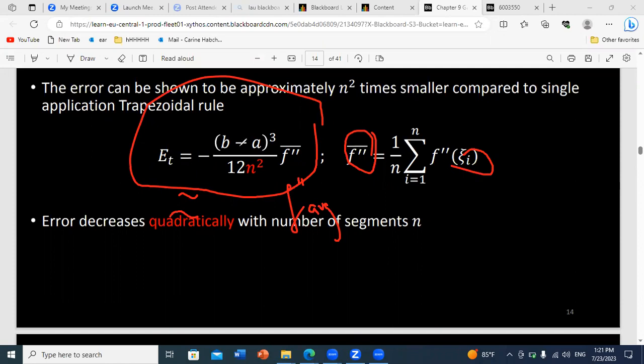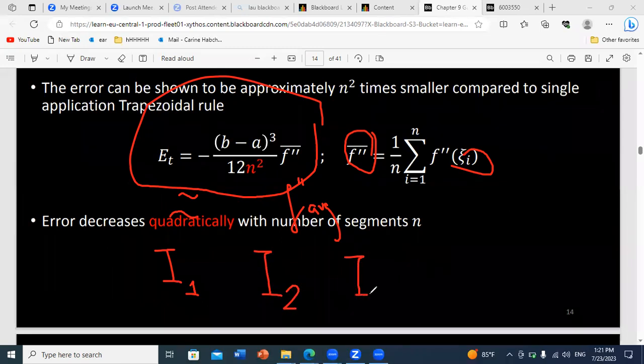So giving you this will allow you to say that if I double the number of segments, and let's say when we write I1, this means we are using one segment. When we write I2, we are using two segments. I4, 4 segments. So you can say automatically that